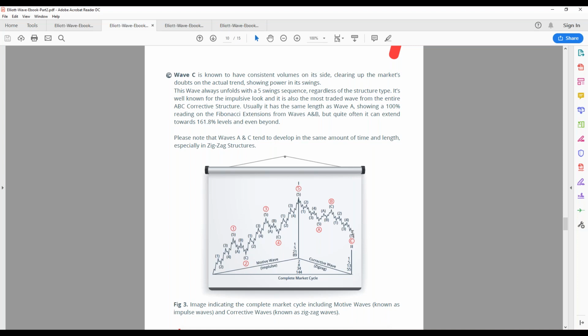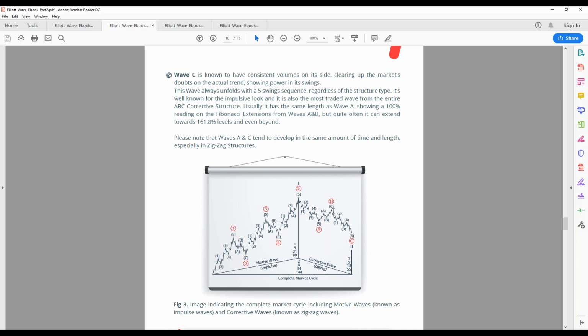If it's a motive wave under a leading diagonal in a wave 1, or an impulse with 5 clean waves, it doesn't matter. It has to have 5 legs. So what I'm saying here is that a trend change,